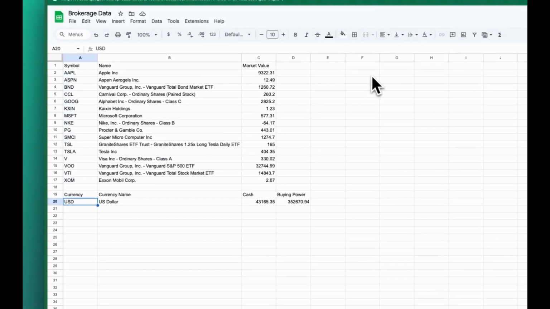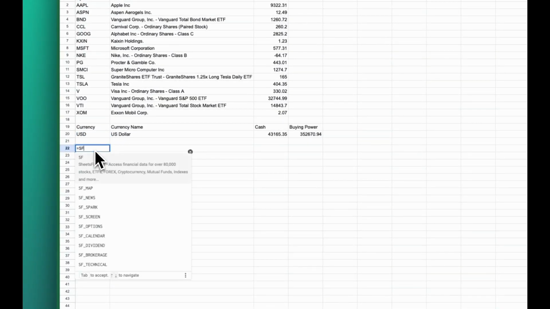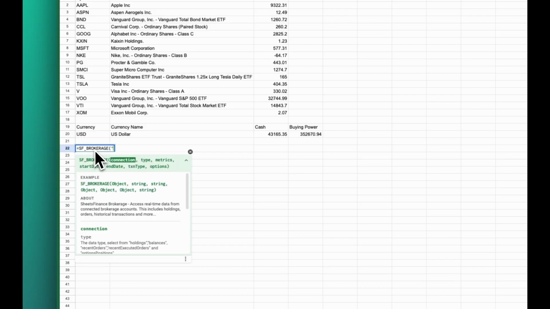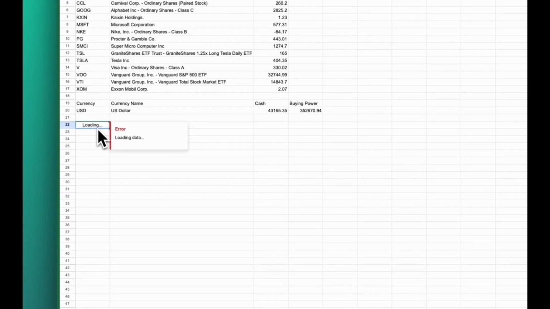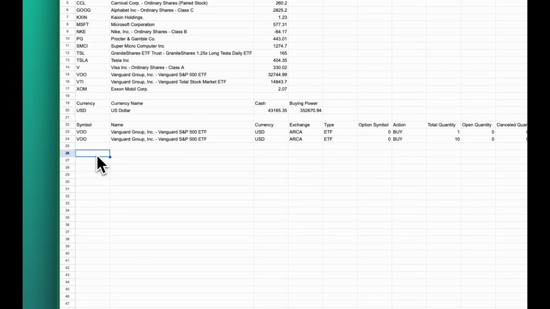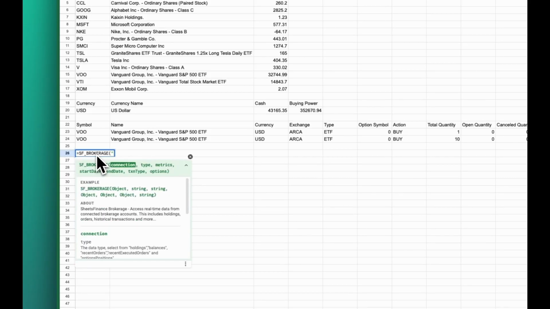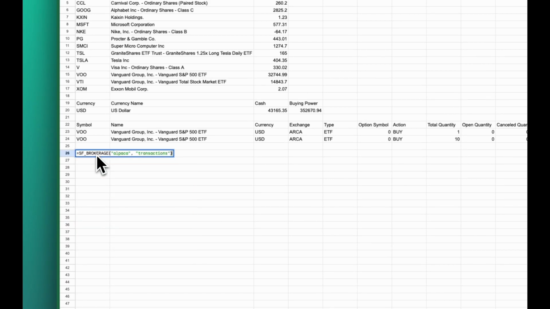Next up, and maybe over here, I'll pull in the recent orders for the account. So again, SF Brokerage, the account nickname again, and then orders. There we go. And lastly, for this demo, I will show you transactions. So alpaca, and we can pull in our transactions, and this will pull in quite a few years of transaction